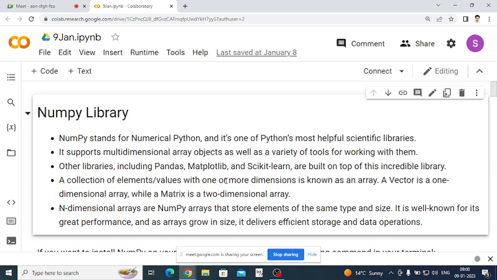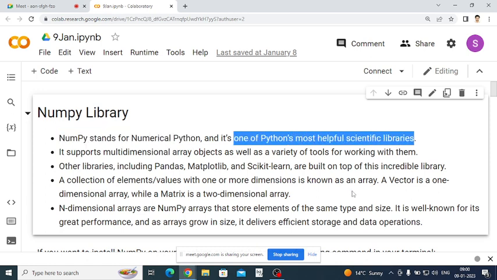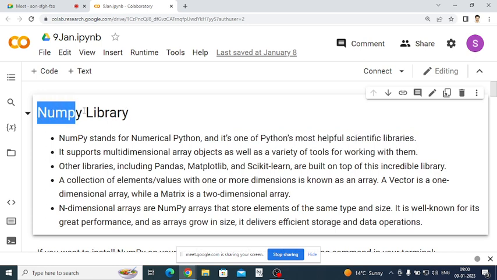So here in your syllabus, we have to study three different libraries: Numpy, Pandas and Matplotlib. Numpy is the basic and very useful library. Numpy stands for numerical Python, and it's one of Python's most helpful scientific libraries. You can perform lots of numerical calculations on an n-dimensional array. Okay, so that is a useful library, and the Pandas library and Matplotlib library use Numpy library